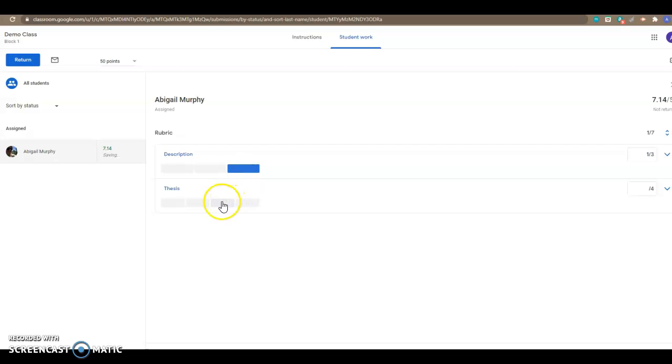And you can choose it right here, and it actually gives you the grade. So if you were to be doing it out of percentages here, it would put it out of 50, and it would automatically